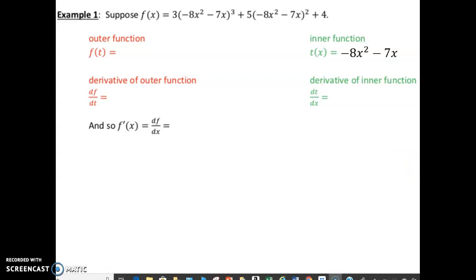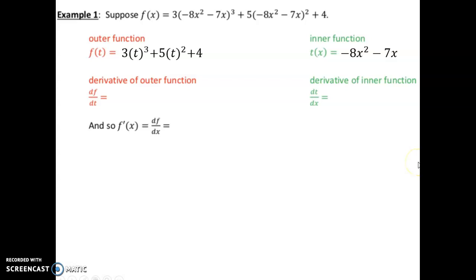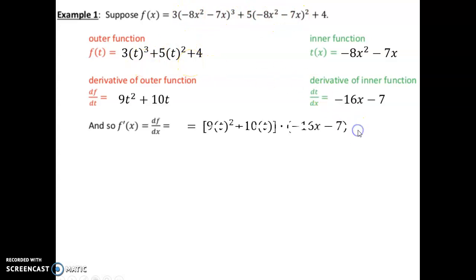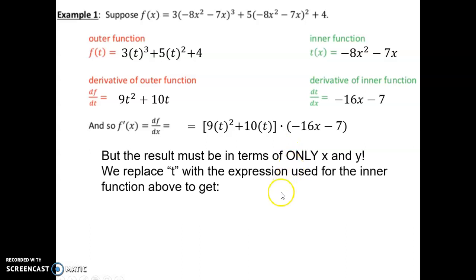So I'm going to take the inside function, call it t in this case, and rewrite the outside function as 3t cubed plus 5t plus 4. You can see what I'm doing here. I'm taking this value, calling it t, and putting it into the expression every time I see that expression. Then I take the derivative of the inside function, take the derivative of the outside function, which you guys are getting pretty good at, multiply them together, but the result has to only be in terms of x and y, so we replace every t with the inner function